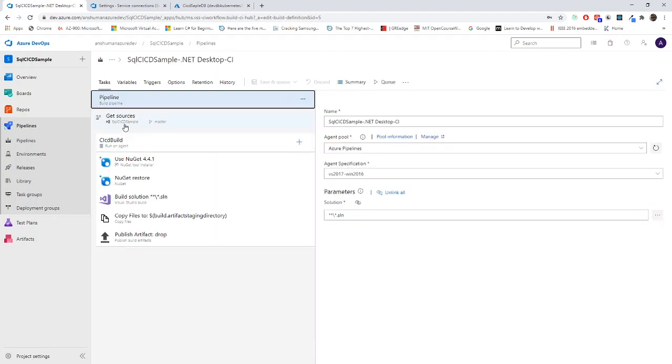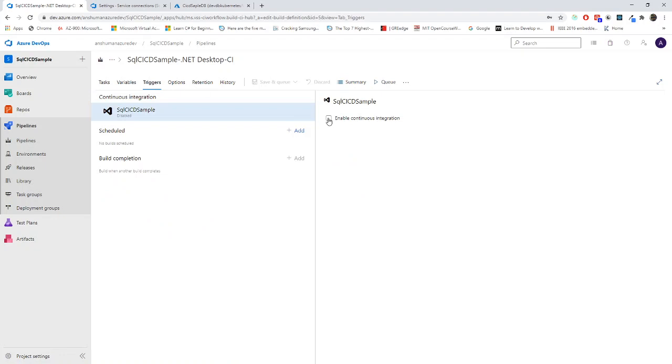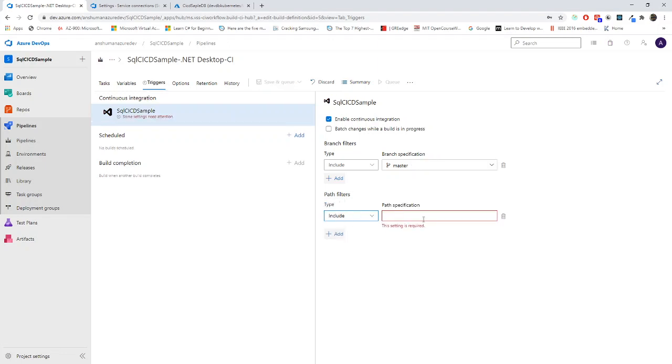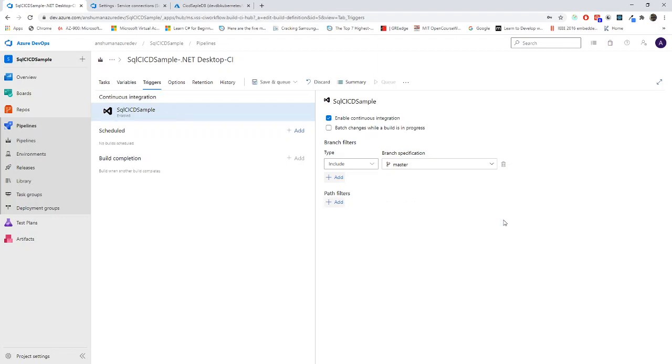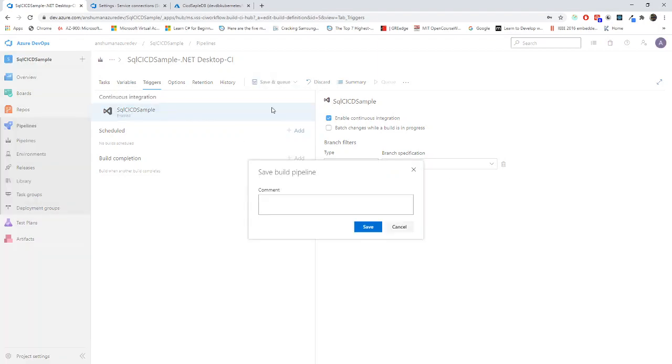That has not been made in the previous video. If I go to triggers, enable continuous integration, I am including the master branch. You can add the paths as well over here. It's not necessary now because we have only one single project. Once this is complete, we will just save it.